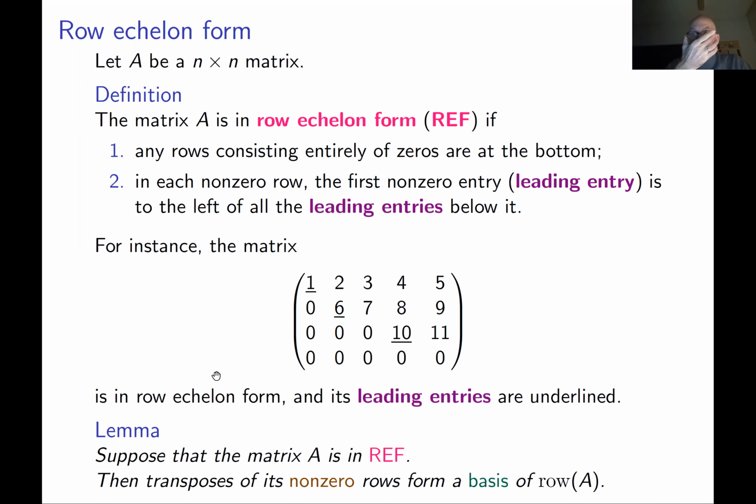For example, if someone asks you to find the basis of the row space, the only thing you have to do is apply elementary operations to transform your matrix into the row echelon form, and then you take the non-zero rows, and this is your basis. And of course, if you know the basis, you know the dimension of the row space. It's just the number of elements in the basis, and this gives you the rank of the matrix.